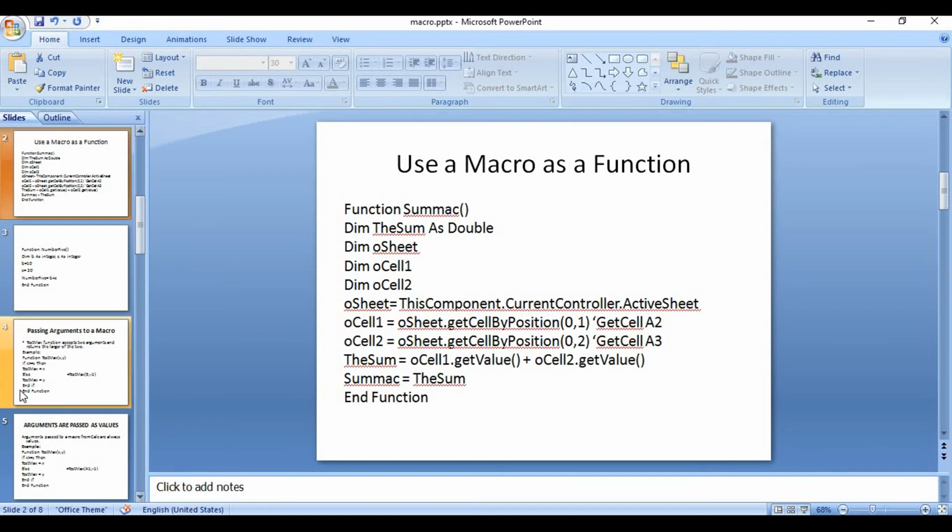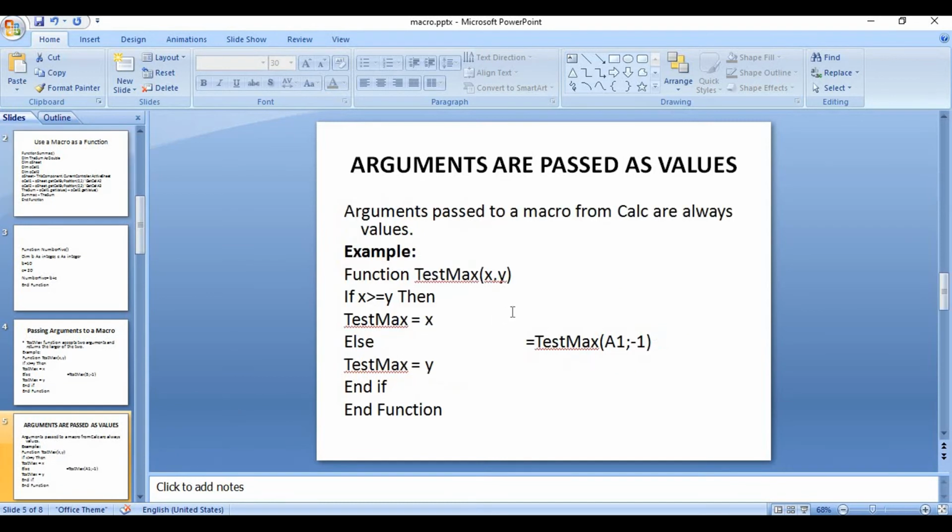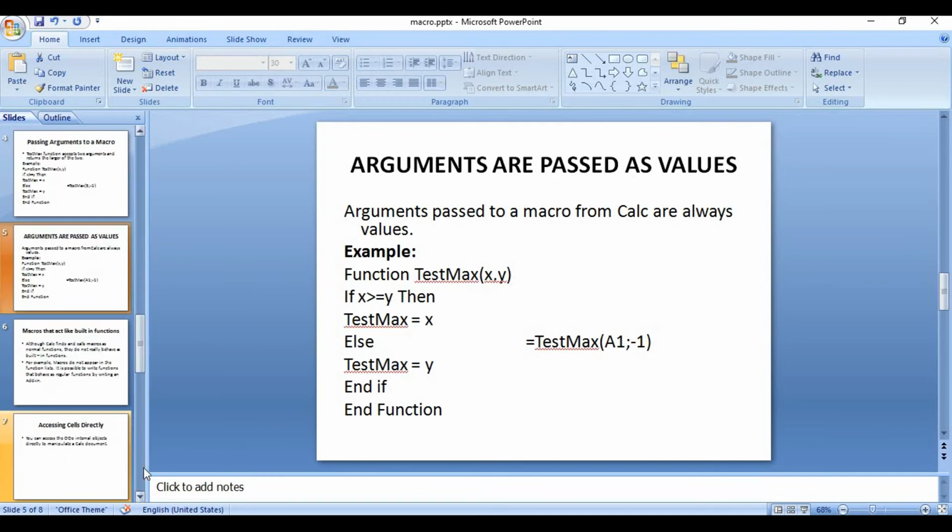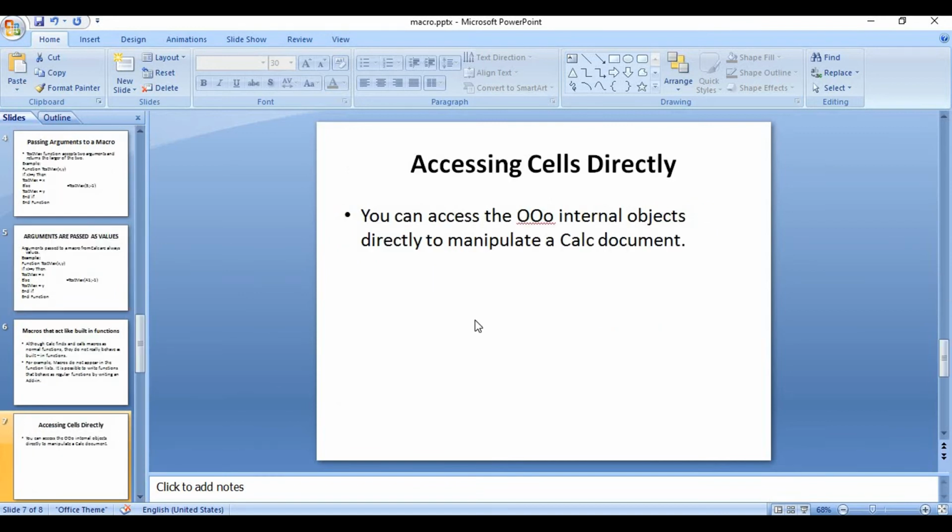Is it clear? In the next example, when we are passing an argument, it means we directly access this cell A1. Is it clear? This topic is saying how we access internal objects directly to manipulate data. Is it clear?